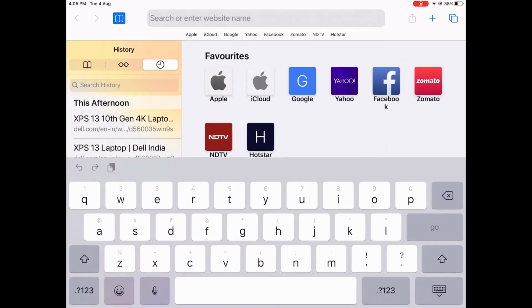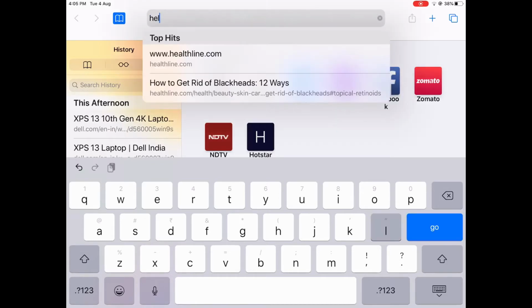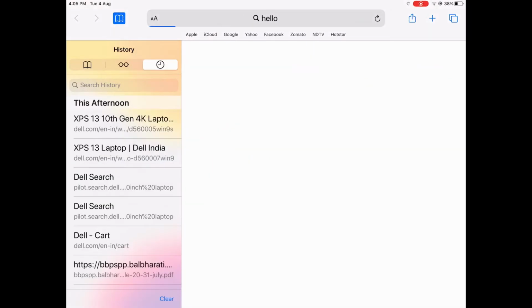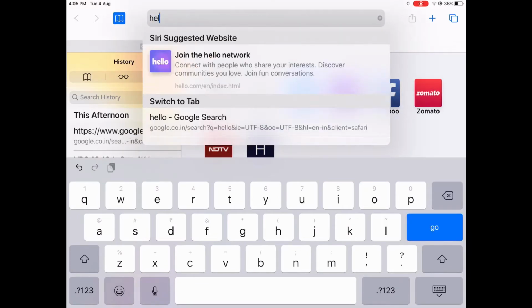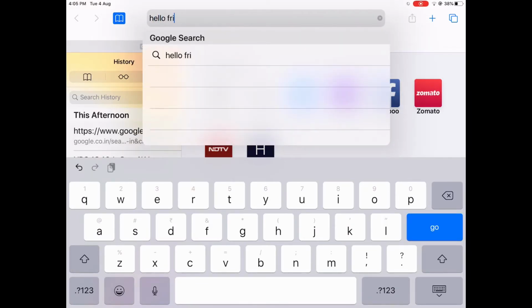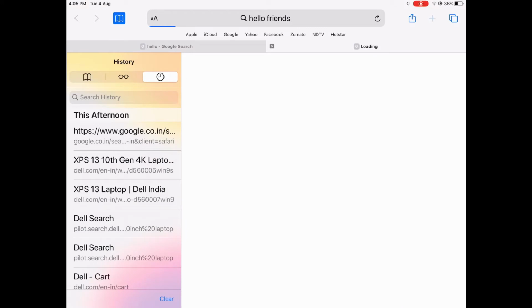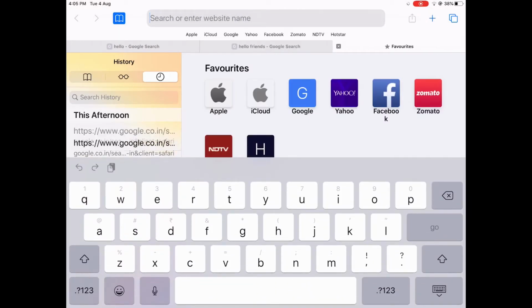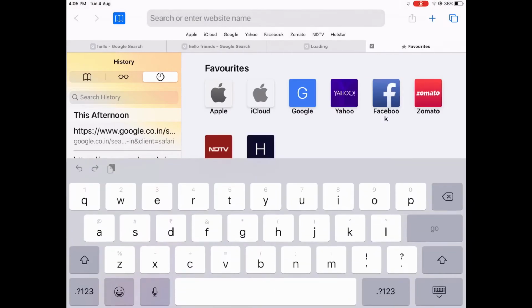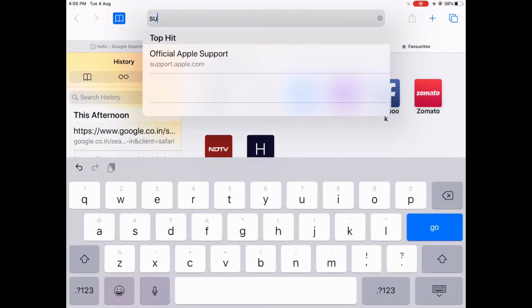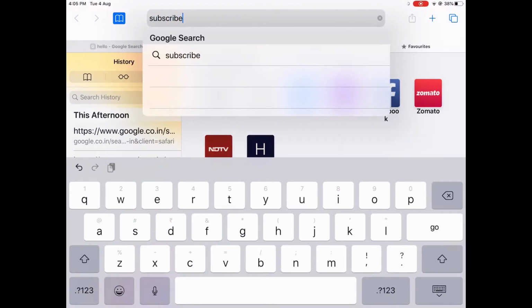So in the next tip, I will be opening some more tabs in this. Let's randomly type anything in a tab. I have written this here, and I have written another here, and in another tab I have written subscribe.